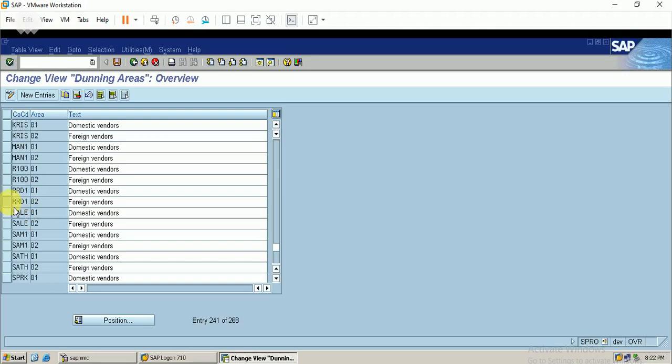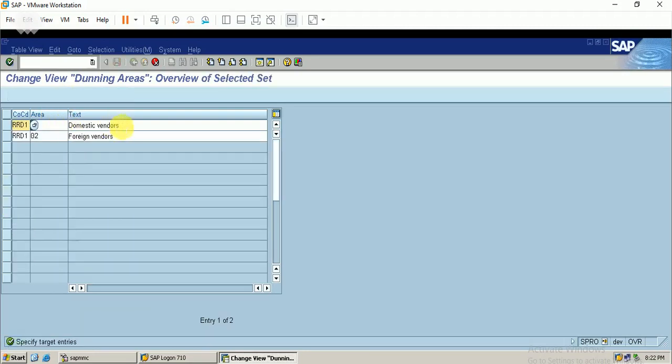Okay, I just copy this and change it to my domestic customers and foreign customers. So I just change my company code.